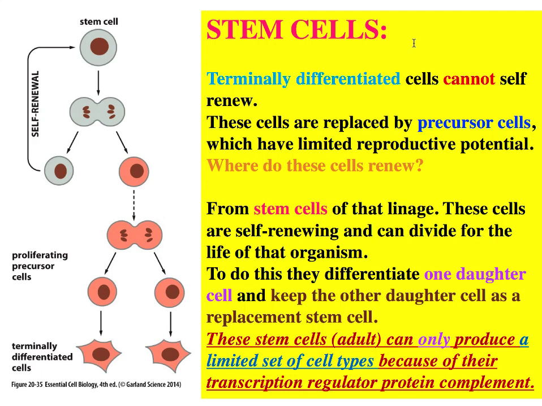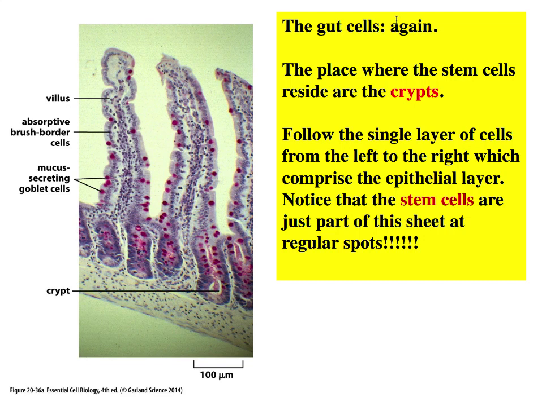They can't generate any cell in the body, but just a few types. For instance, they can generate blood cells, but not gut cells. There'll be cells in the gut that can make gut cells, but not blood cells. These gut cells are very good places to look to learn further about the behavior of stem cells and their